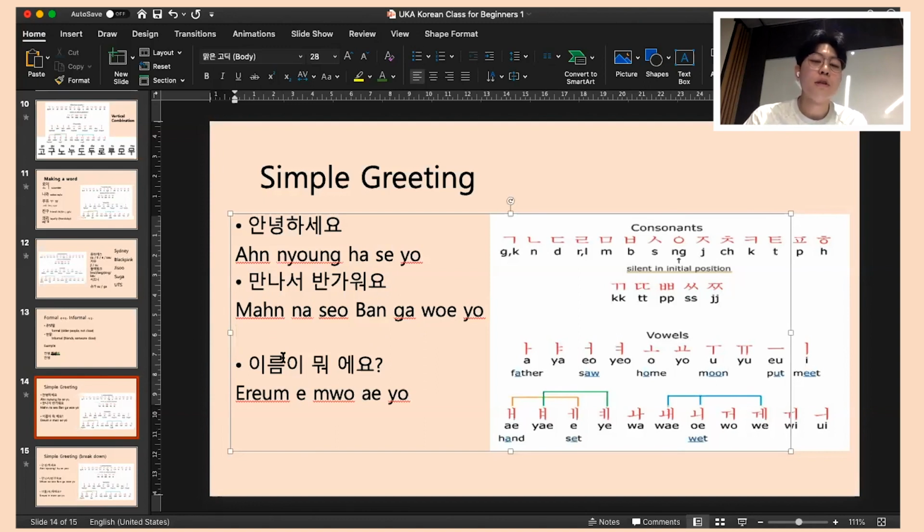You wouldn't really say it to your friends. Like in English, you don't say nice to meet you to your friends. It's just what's up or how you going. In Korean, you mostly use this formally, or there's an informal way to say this, which is 안녕, or